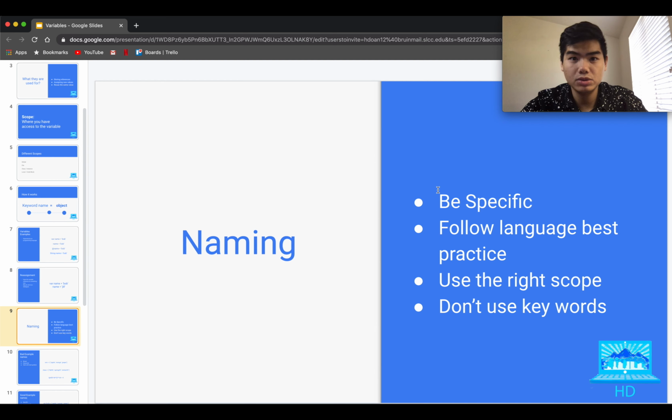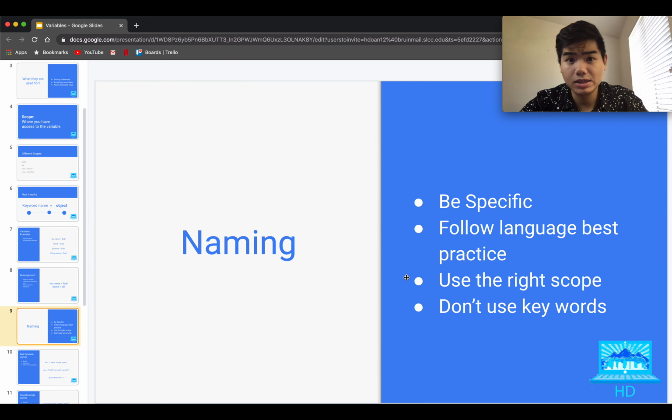So you might have to use different keywords in different languages, or how you're naming them, such as if it's a double word, such as last name, instead of having them be together, it might be camel case or snake case or whatever case that the language prefers. You have to follow those best practices, or else it will look bad on your part and it makes you look very inexperienced within the language itself. So that's why you should always follow and learn the best practices of the language you're working in,